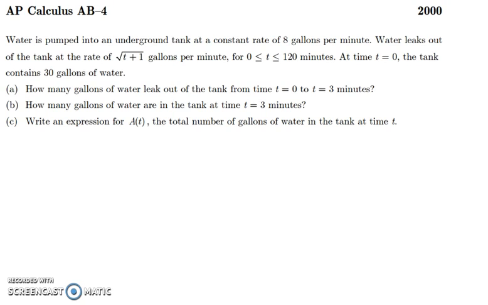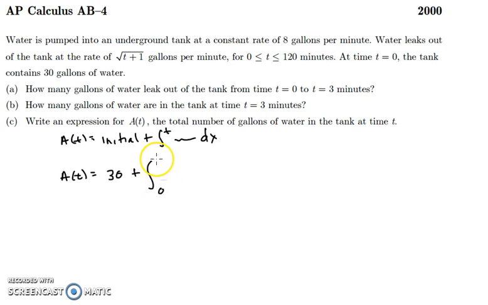Write an expression for A of t, the total number of gallons of water in the tank at time t. So this is that third part for the in-out problem. So we need to think about this being A of t is going to be equal to the initial plus some integral where t is our limit of integration, and then x is the variable inside. So we can say A of t is going to be equal to our initial value, we know is 30, plus the integral of our rate of change, so from 0 to t